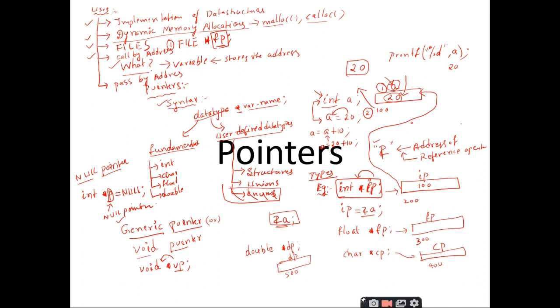Whenever you want to return more than one value from a function, you should make use of the concept called pass by address, and pass by address is entirely based on the pointers concept. Is it right or not? Yes, sir. So another application is when you want to make a function return more than one value.